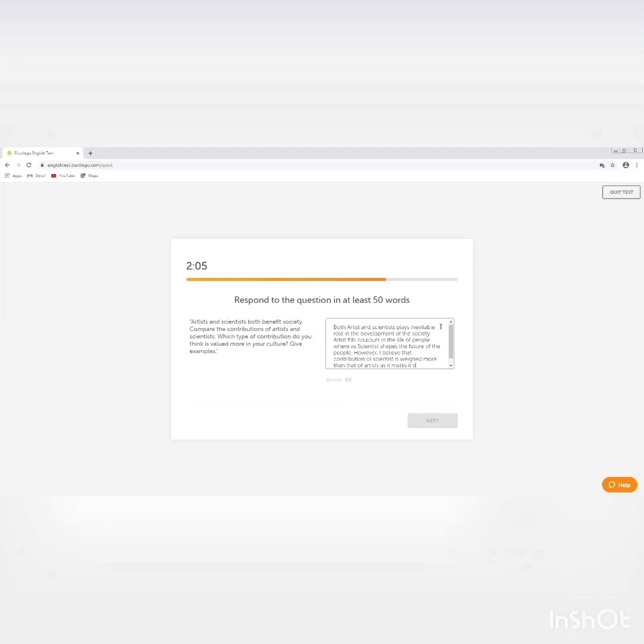Now you can see that at least 40 words I have completed, now it's like 51, and you can see that an orange button popped up with next. So now I can move to the next task, but I'm not going to move. I'm going to complete the task with the example which has been left, and then once I feel that I have done it accurately, I'll move on to the next task.